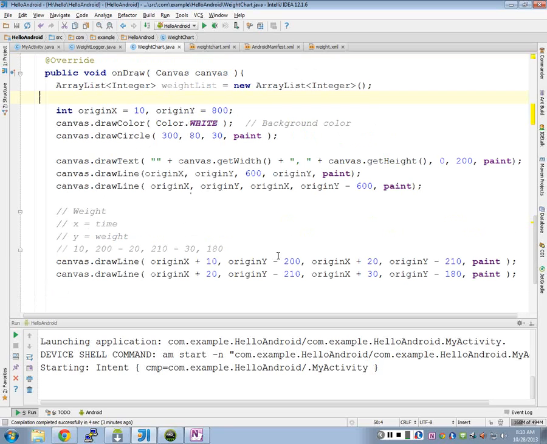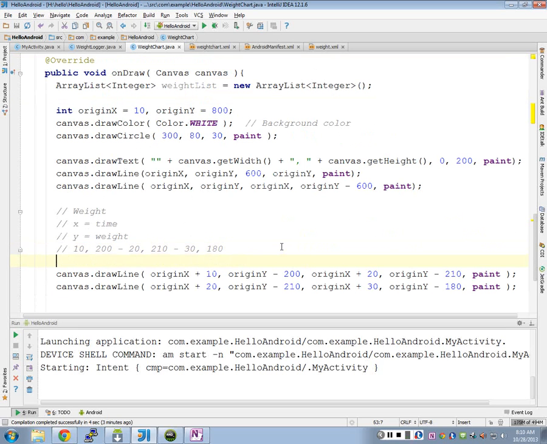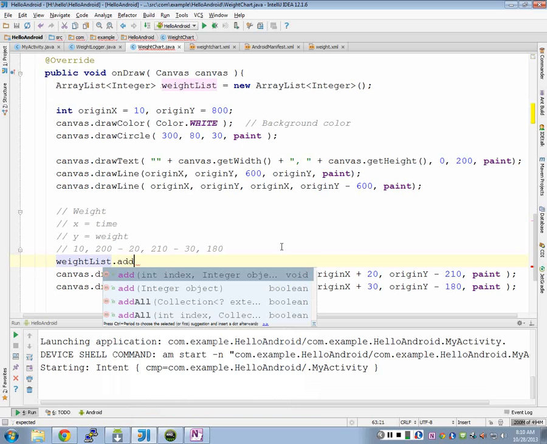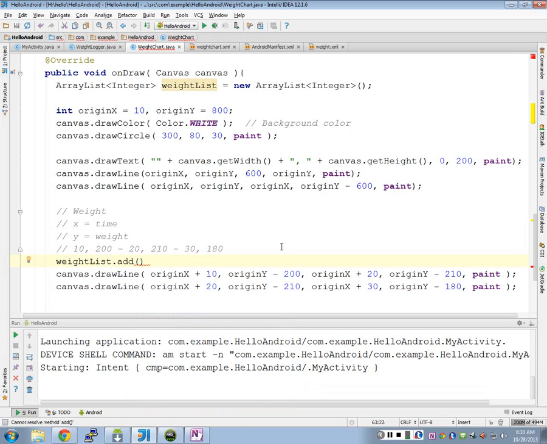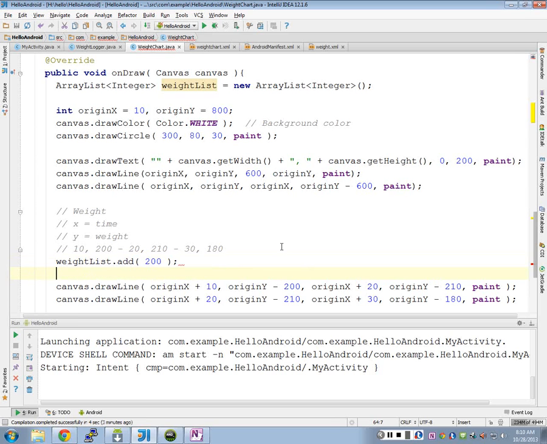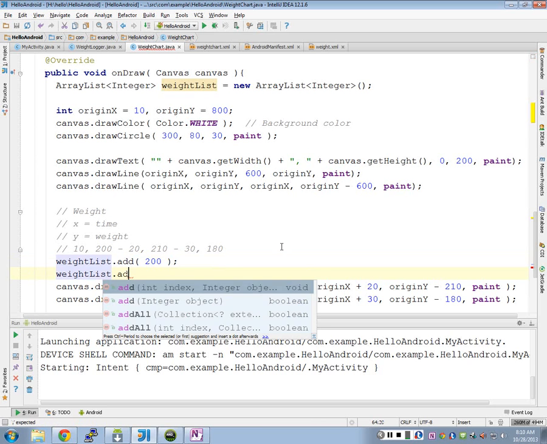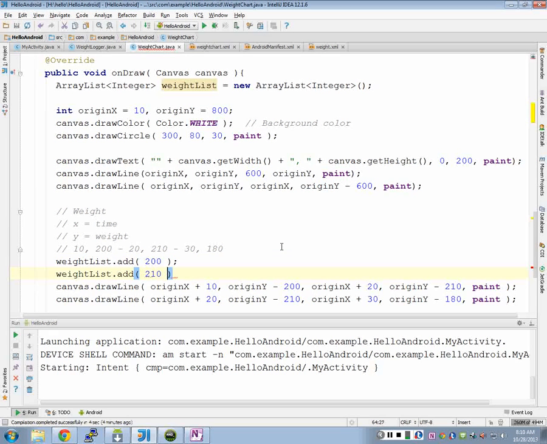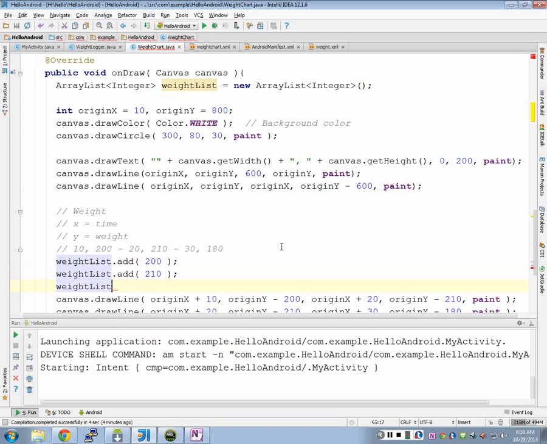All right. So let's fill up that array list a little bit here. And I did this by reading data from the log file. So let's just make up some data. So I can say weight list, and I can call the add method, and I can add an integer. So I can say, let's add his weight of 200, and let's add a weight of 210, and let's add,